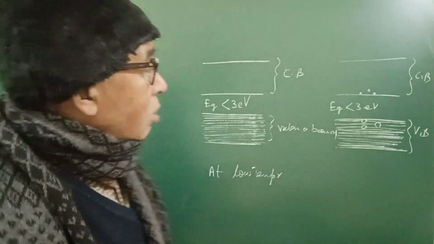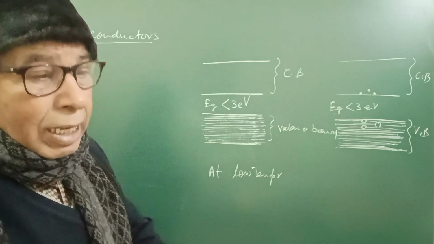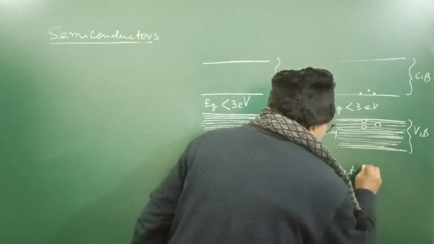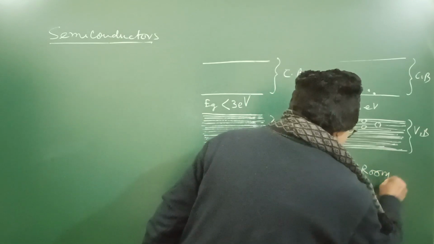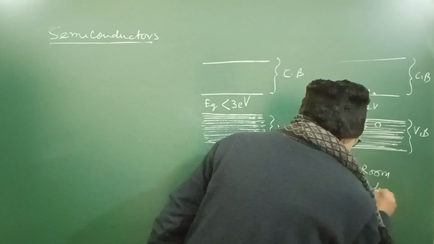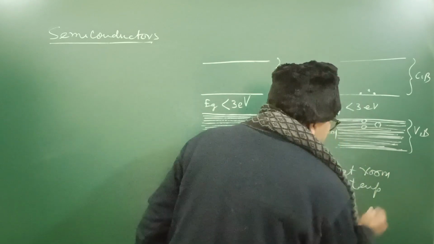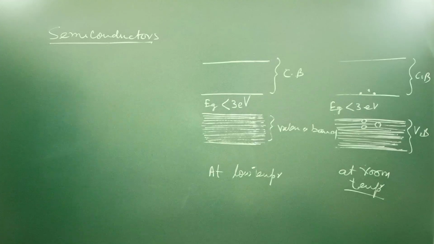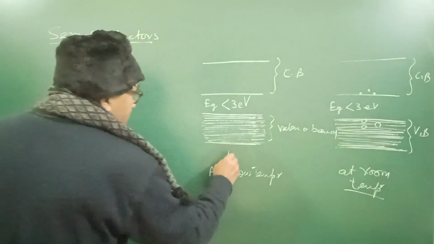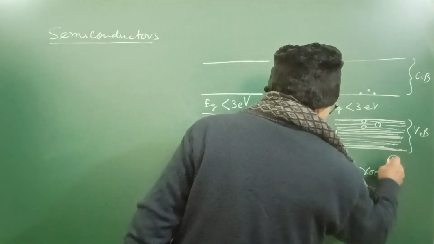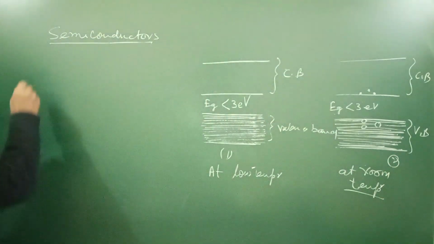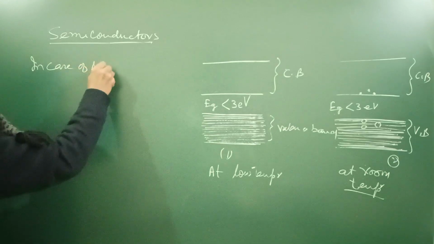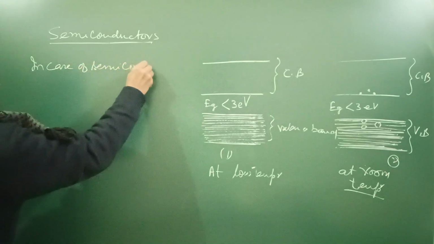So semiconductors conduct poorly at room temperature. So how to explain figure 1, figure 2? In case of semiconductors,